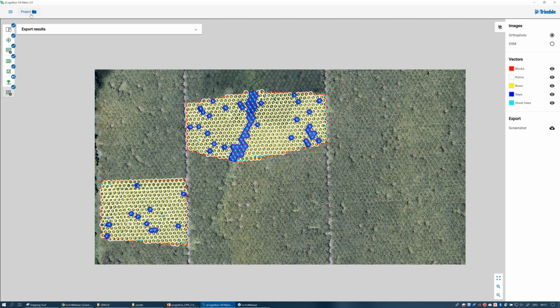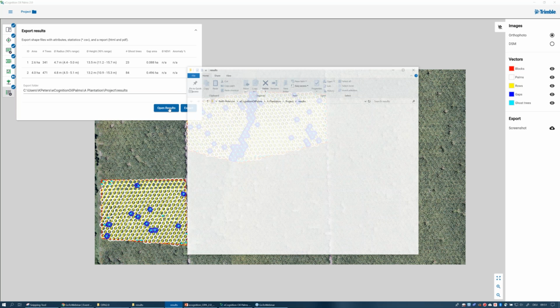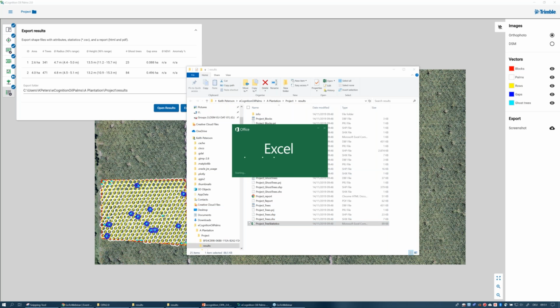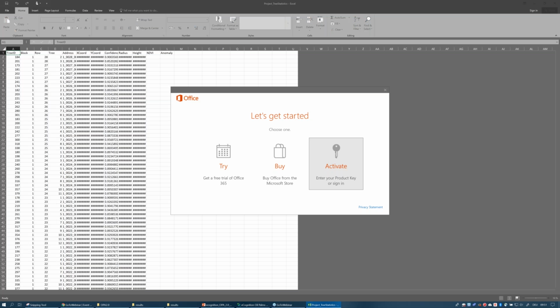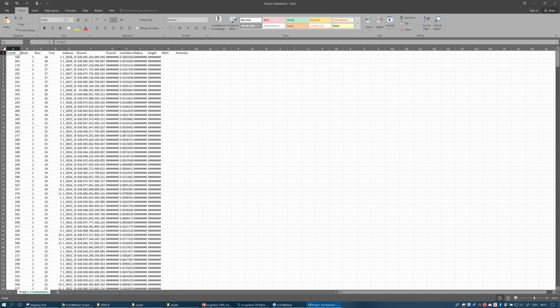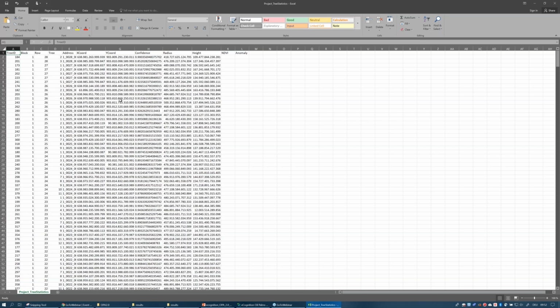In addition to the shape files, like I said, we also include in the PDF, we also have a statistical CSV, and we can take a look at this. May look a little funky depending on how your comma delineation is done. So here, I simply need to change some of my settings, but you can see I can open this directly in Excel,